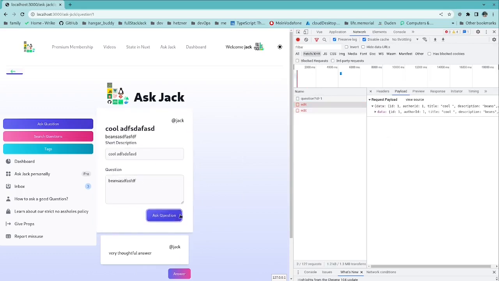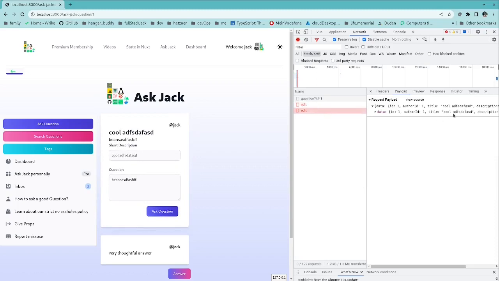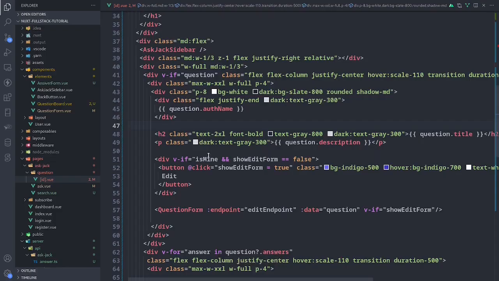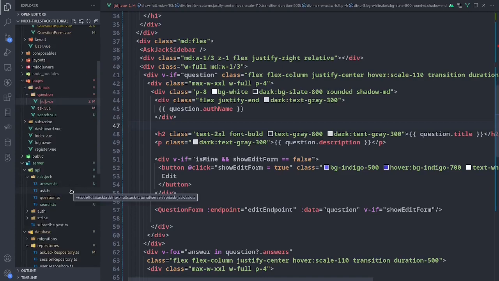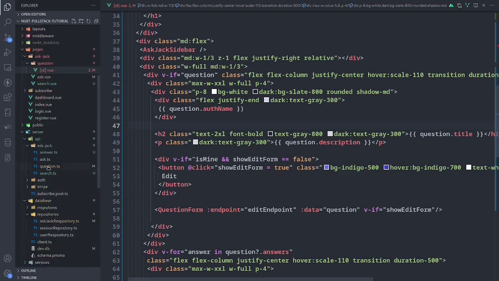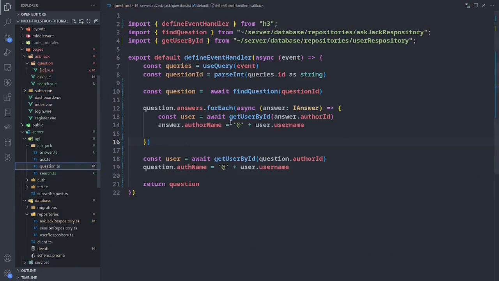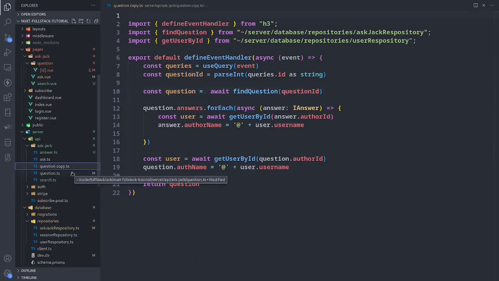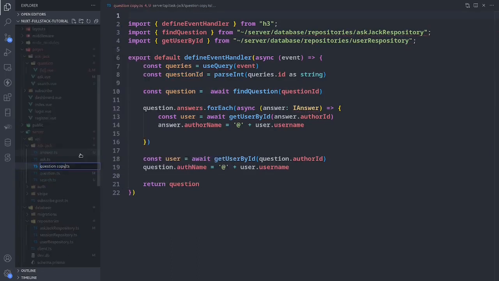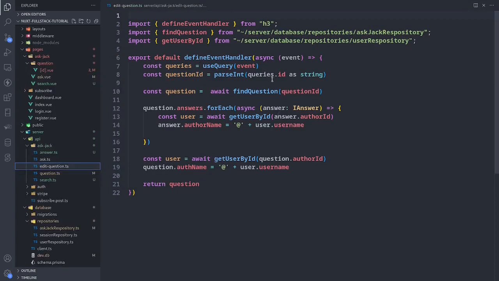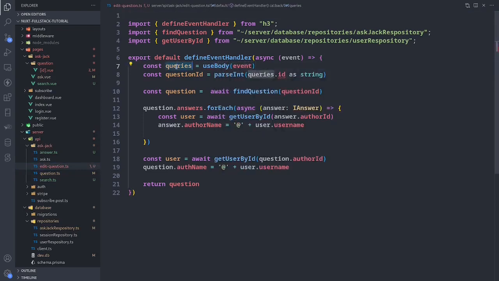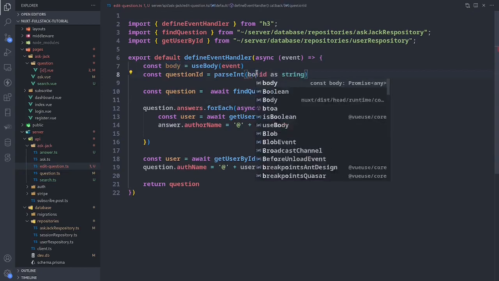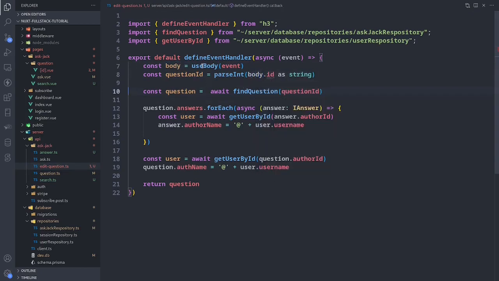Let's see. So we are sending the right stuff to the database. So now we just need to update that question. And we can do that by going down to the API, and we have this question here. So find question. So let's copy this because it has a lot of what we want on it. And we're going to rename that to edit question. And instead of use query, we're going to use body. Body. Body. And the body